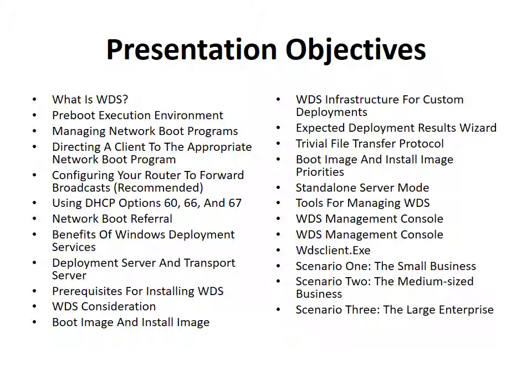configuring a router to forward broadcast, using DHCP options 60, 66, and 67, network boot referral, the benefits of Windows Deployment Services, deployment server and transport server, prerequisites for installing WDS, WDS considerations, boot image and install image, we'll cover what those are, WDS infrastructure for custom Windows deployments, expected deployment result wizard, TFTP or Trivial File Transfer Protocol, boot